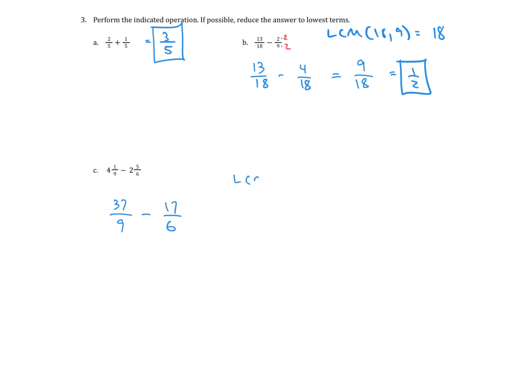And now I need the least common multiple of 9 and 6, which is 18. So again, I need 18s in the bottom of each fraction. Now the first fraction needs to be multiplied by 2 to get me to 18, so I do the same to the top, and that would be 74 over 18. And then the second one needs to be multiplied by 3 to give me 18, so I do 17 times 3 also, which is 51. And then I subtract the tops. 74 minus 51